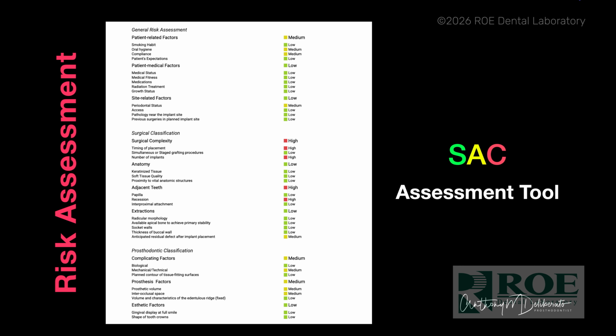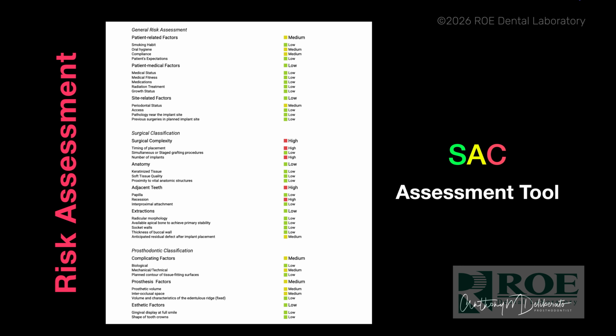What this tool does is it takes us through a series of questions that ask us about what type of case it is, and then it goes through all the factors that could have a relevant action on that case, so that it allows us to evaluate every aspect of the case and understand the risks of that case. So it'll take us through surgical complexity, the anatomy, the structures, our smile line, things like